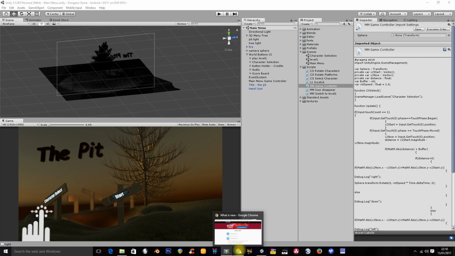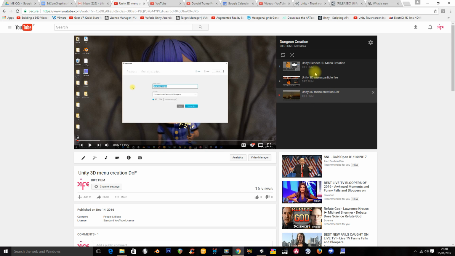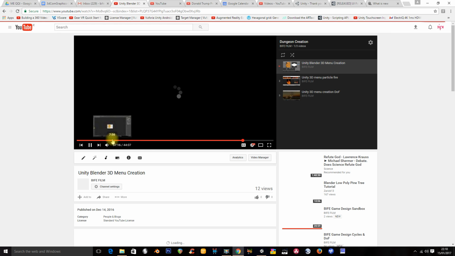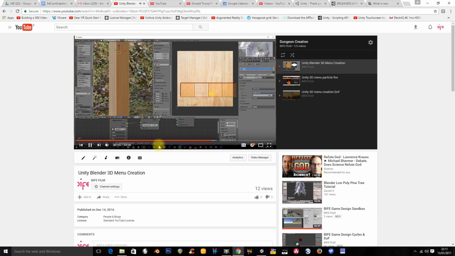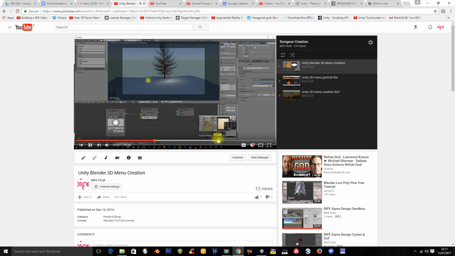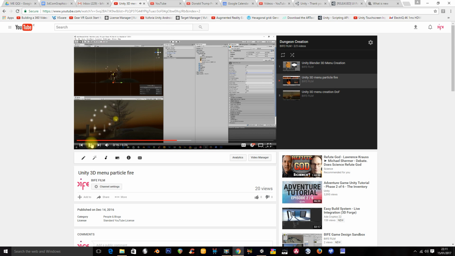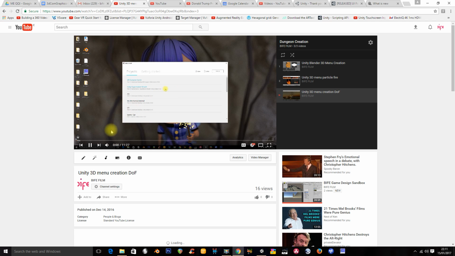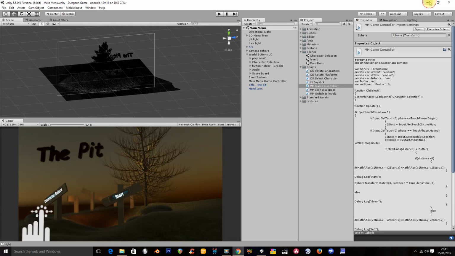We are building on, where are we here? So we've a couple of tutorials here. This first one is on how to build our kind of 3D world that we're going to make with our tree, etc. This one is on particle systems, making a fire. This one's on setting up the depth of field in the 3D menu after putting in all of the signposts, etc. And then we'll be moving on to what we have here, which is